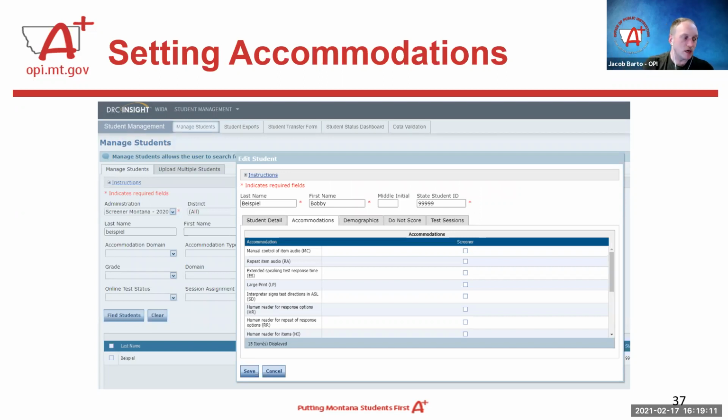So to see your roster of registered students, you go to Student Management, and then click Manage Students. Enter the administration. So this would be Montana Access for ELS 2020, 2021. And then select your district and your school, and you can pull up a list of students. And then you'll need to go through and manually enter those accommodations as specified in a student's IEP plan or 504 plan